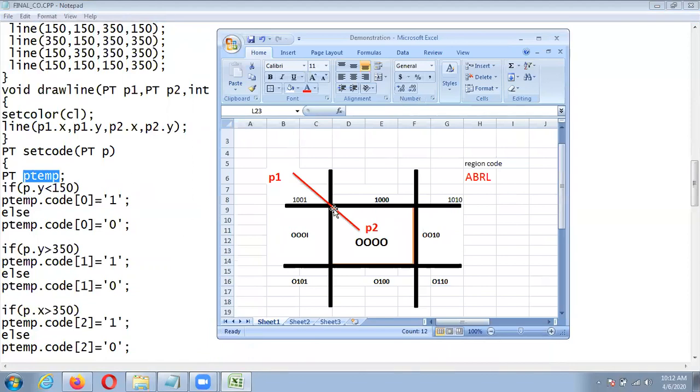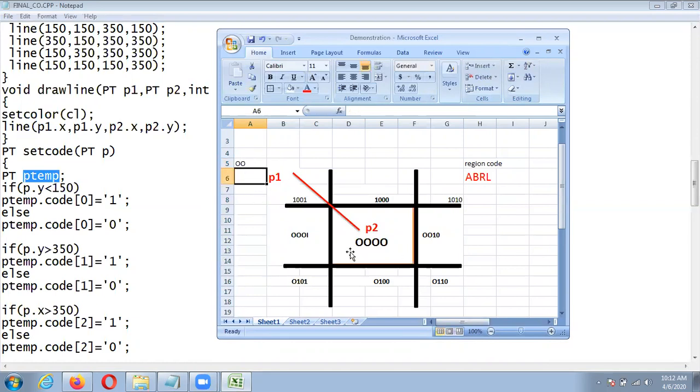Now your window is already defined. This point of the window is 150 150, and this point is 350 350. Also consider that the origin of the screen is above. So consider over here, this is your origin of the screen, this is your x-axis, and this is your y-axis. Actually it does not take 0, so here we'll just write O, that is the origin of the screen.